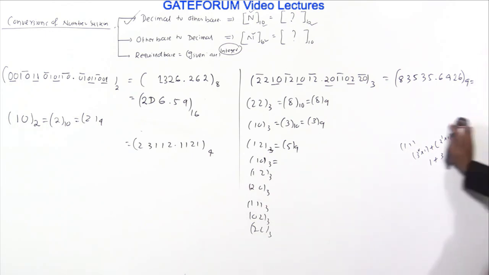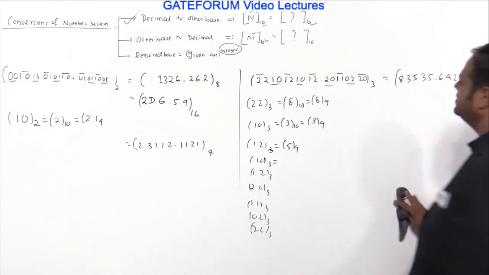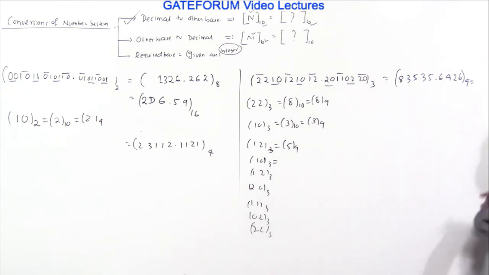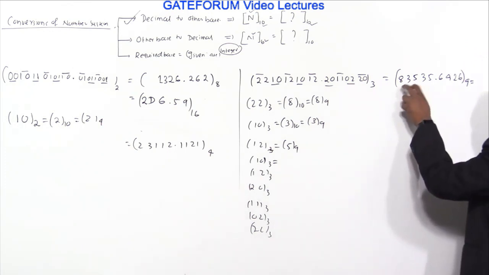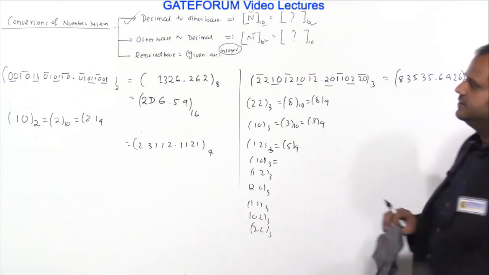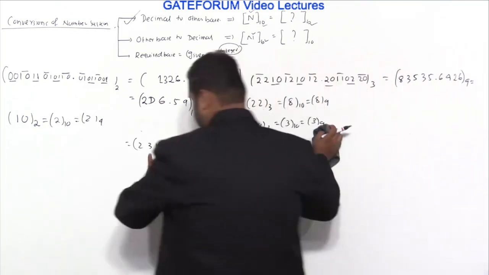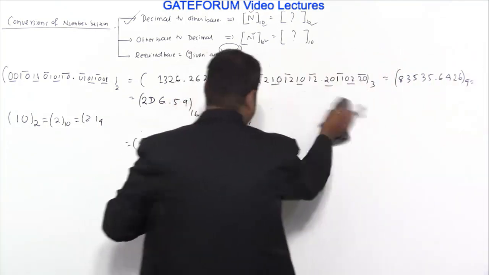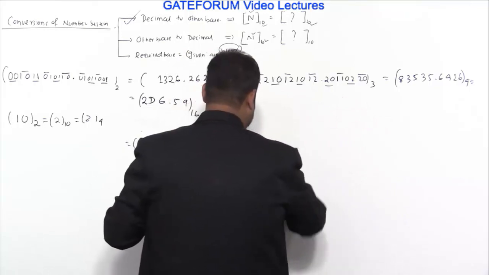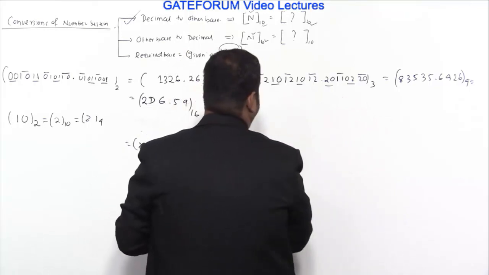So see how easily we are able to do this. And again we are making sure that if it is base 9, the maximum digit possible is 8. It will not go even up to 9. Similarly, I can have one more model here, that is base 4 to base 16.